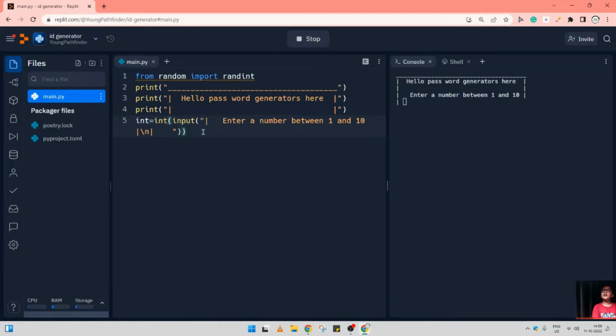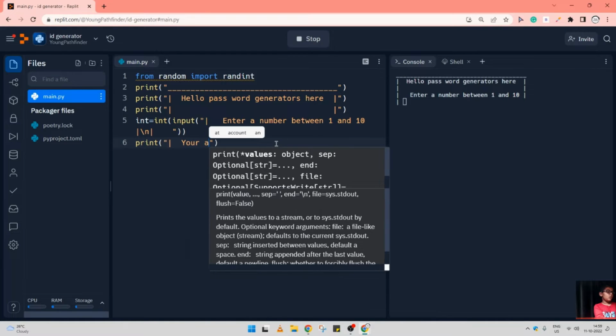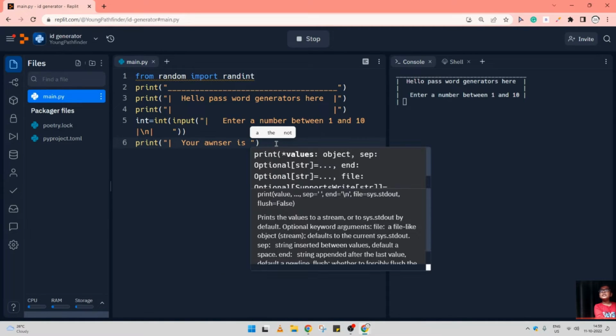Now we will tell it to enter the number of digits you want the ID to have. So let's do it. We already have an input, so we will just give an ID based on that. I will say print. I will have to write more than this code. What should we print? We should print that your answer is